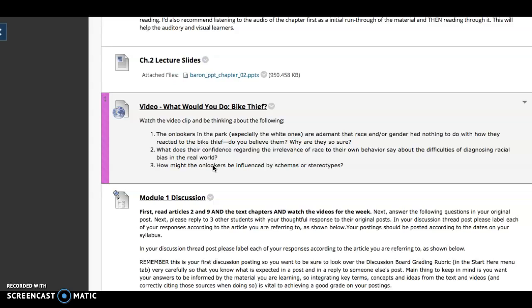And in this case, specific to race, specific to somebody doing something that's not okay, theft,